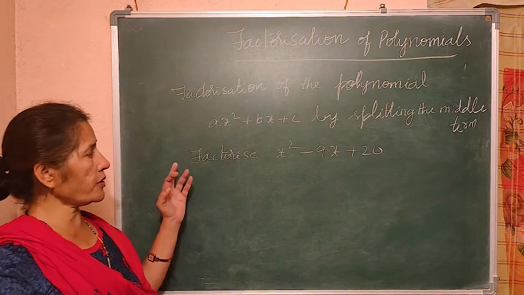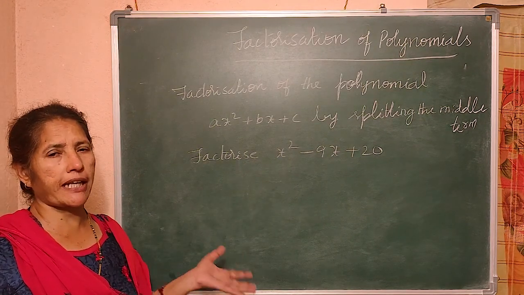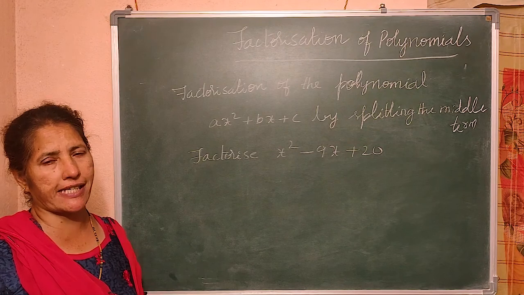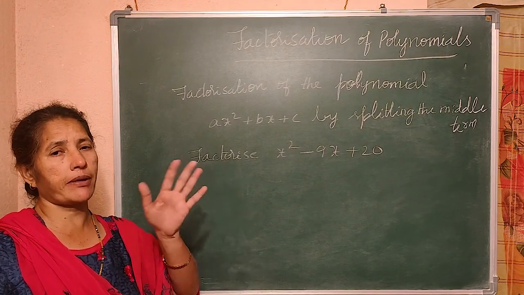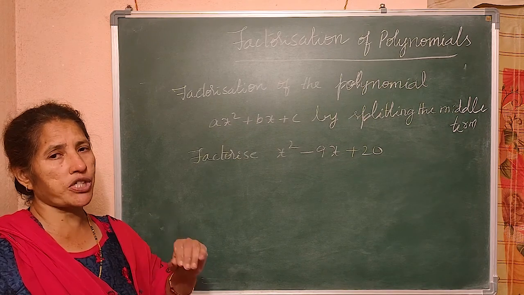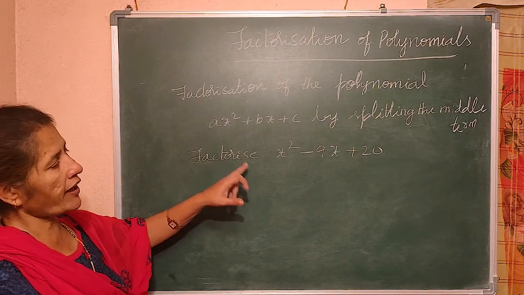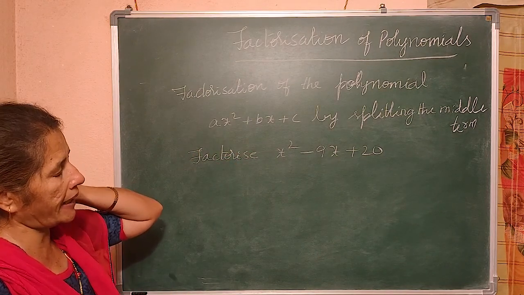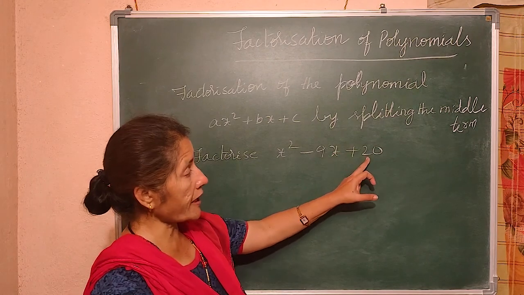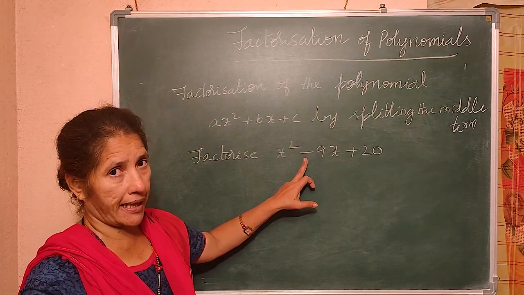Now, second question, whatever I give is the simple one, because in your textbook there are complicated ones which you cannot understand at once. I'll go for the simple ones. And after that let me explain the questions whatever is there in the textbook. So, x squared minus 9x plus 20. Here a is equal to 1. Do you agree? So, the product has to be plus 20. The sum has to be minus 9.